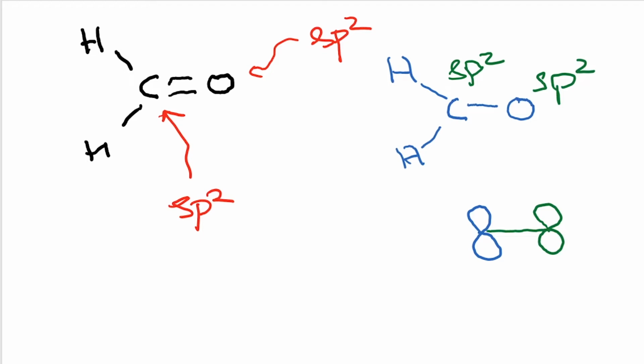Okay, so these are things that you already know, but I'm just doing a quick recap so that we can all be on the same page. The way we understand carbonyl compounds is that the hybridization of the carbon and oxygen is sp2, and there is one sigma bond between carbon and oxygen, which is through the sp2 orbital, and there's one pi bond which is through the p orbitals.